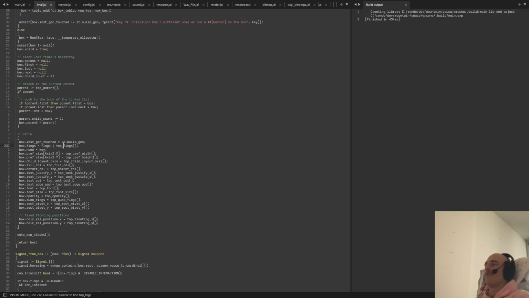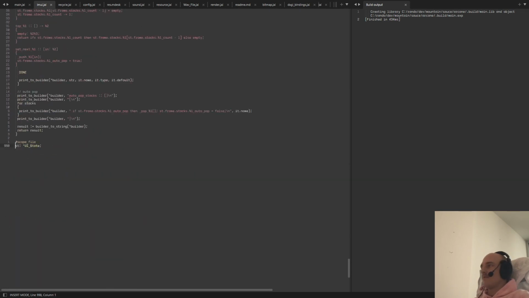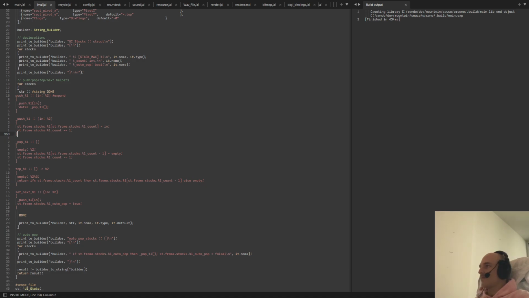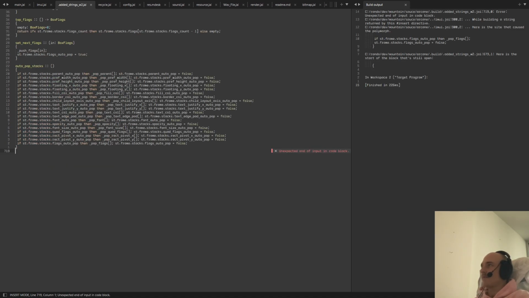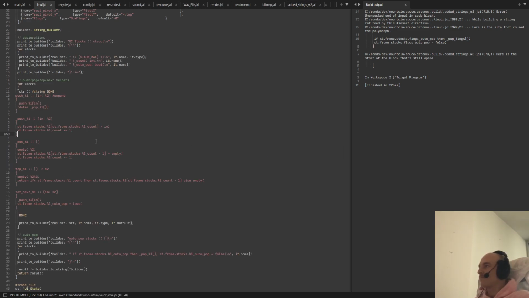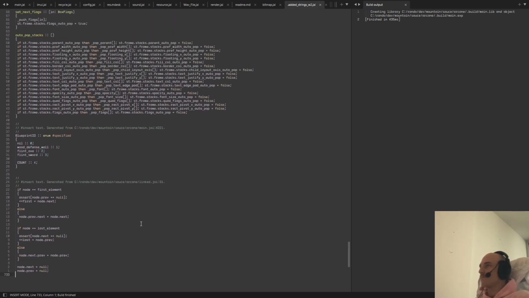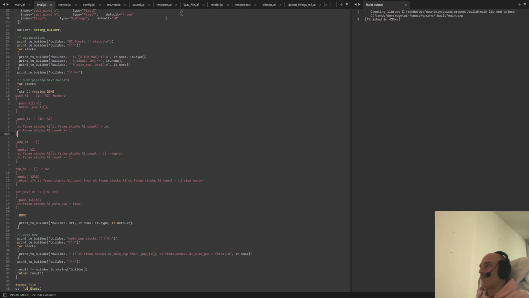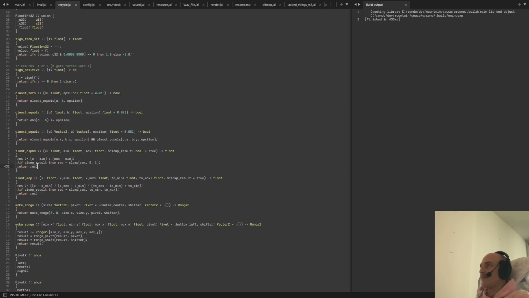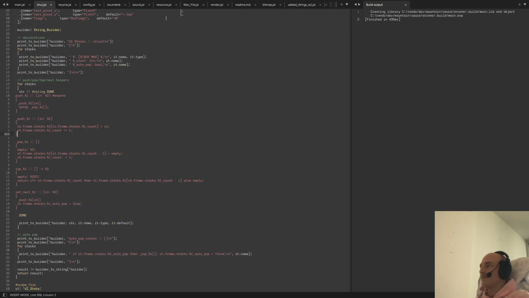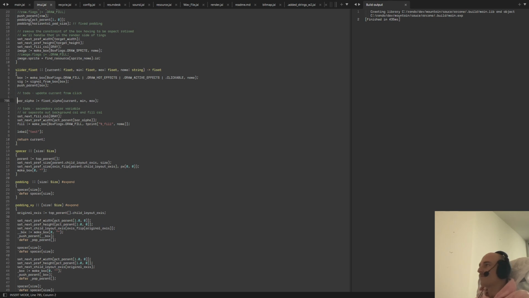I don't have the file open. Okay, let's get the file open by doing that. This is all generated at compile time. Sweet. We should have the autofill on that. Slider. Cool. So set next